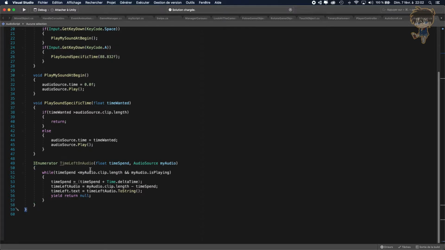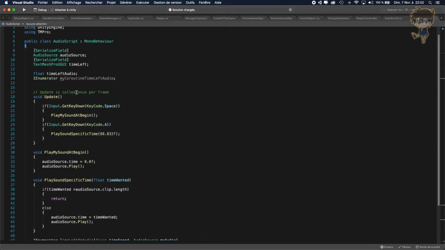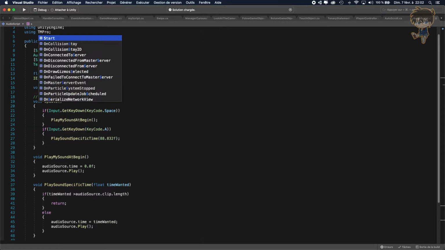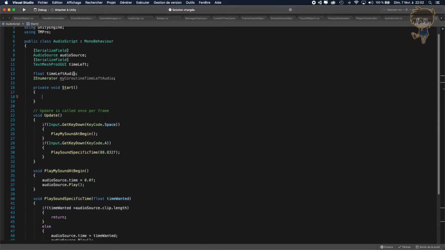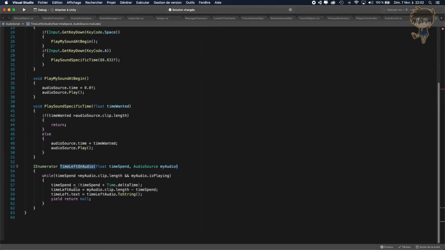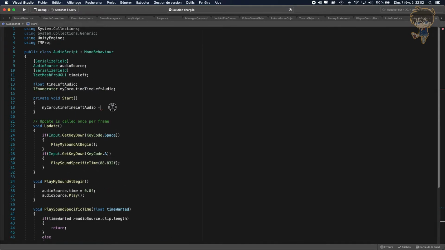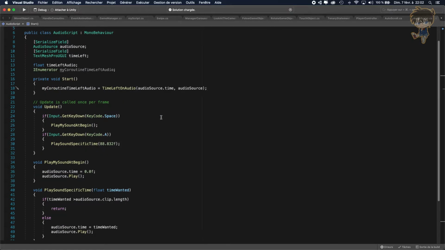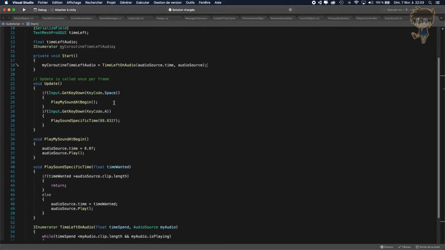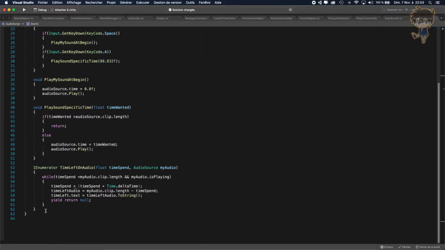All right. So my coroutine is here, and what I want to do is create a Start function, void Start. And let's say my coroutine time left on audio will be equal to time left audio, and you will take in parameter audio source dot time, comma, and the audio source. So that's it. So I initialize my coroutine,